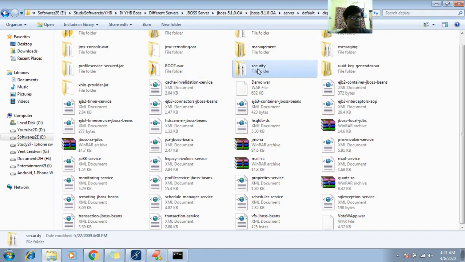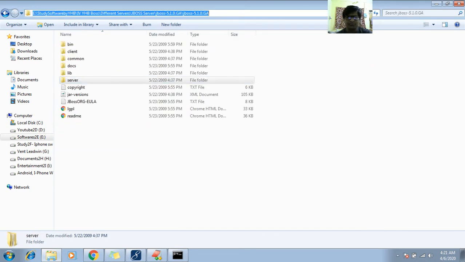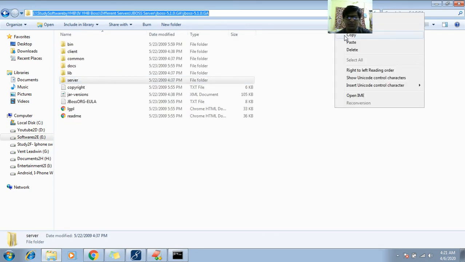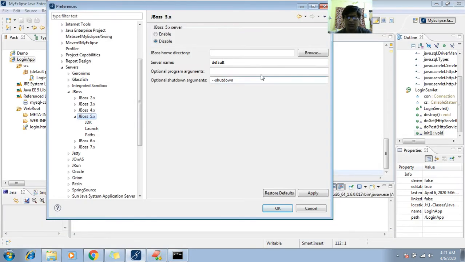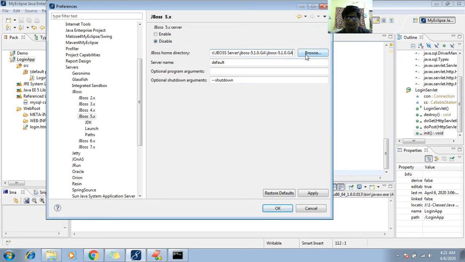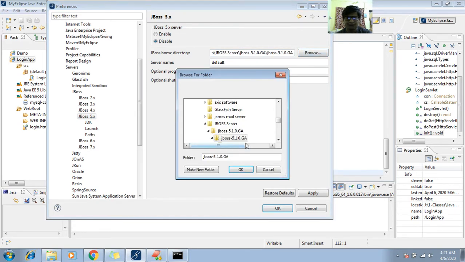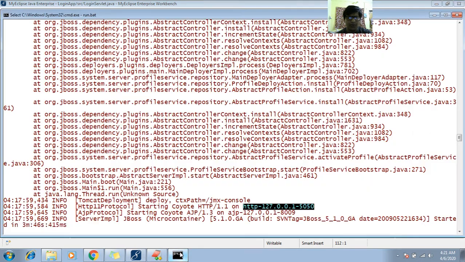Okay, so I want this, copy and go to here, paste. Server name is default, domain is default. Okay, just apply and okay. Now my server is running.